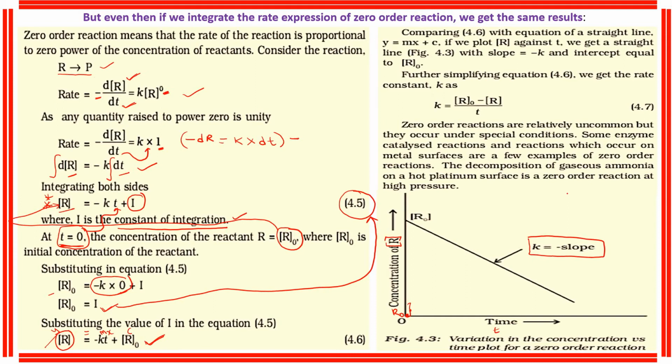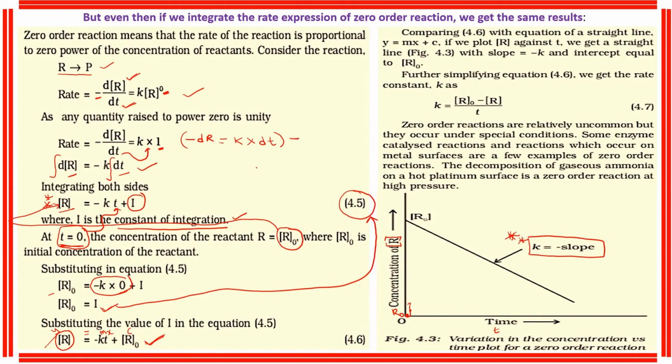Now in the examination, if they give the slope for a 0 order reaction, you need to calculate the rate constant. So this formula is useful for you to calculate the rate constant. For 0 order, the rate constant is always equal to minus slope. If they give the slope as data, you can easily calculate the rate constant by substituting the slope value in which formula? k is equal to minus slope. This is a very, very important formula.